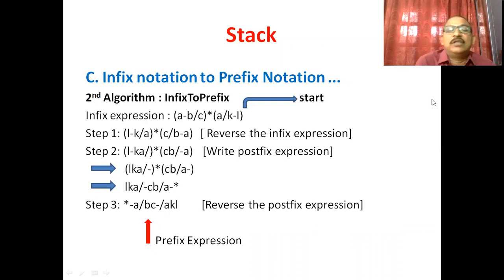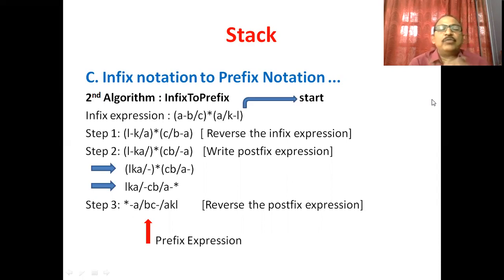Here again you can see the left parenthesis. So write the right. Next step, write the postfix expression. Now you can see in the infix expression L minus K divided by A. So first we perform the operation K divided by A. So K divided by A is written in the postfix expression as K operand.